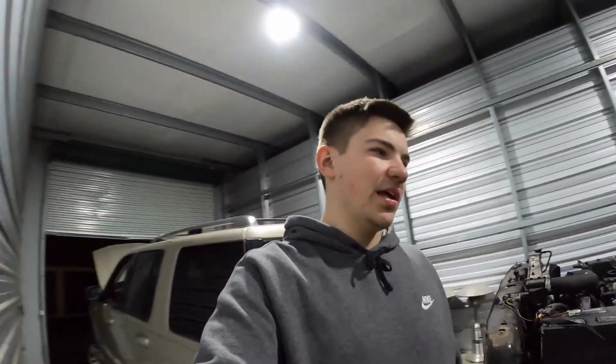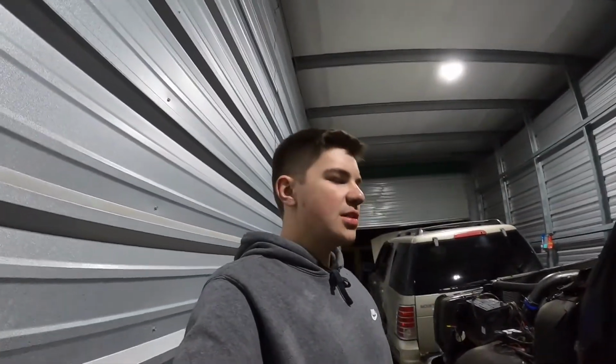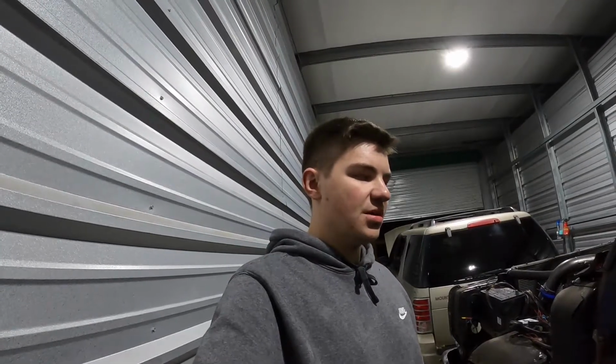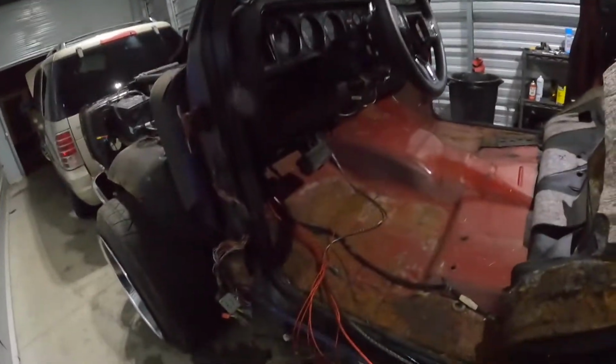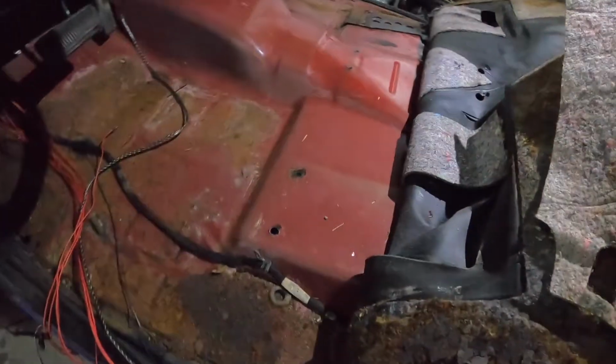But it is what it is when you are working on trucks this old. You're gonna find hidden surprises. It's just the nature of the beast. Unfortunately, with the time crunch we're on, it sucks, but it is what it is. I'm pretty confident that we'll have it fixed fairly quick. It's not a huge deal, and I think I even told a couple people that I suspected that this would happen. But the floor pans are